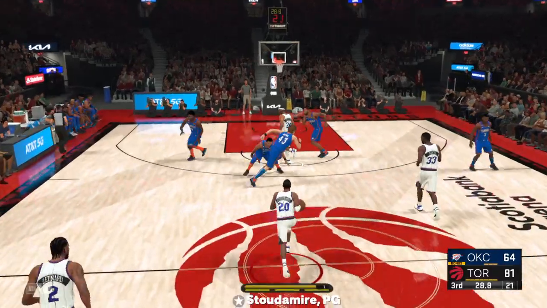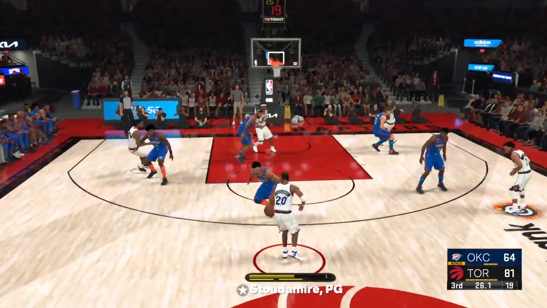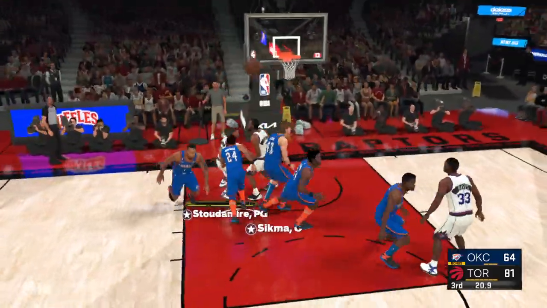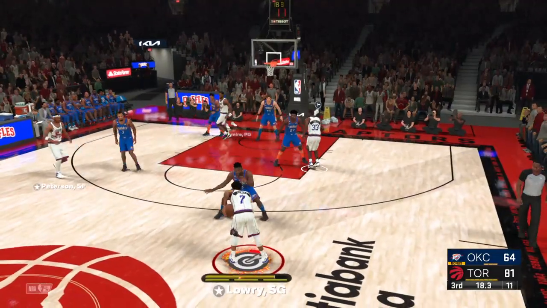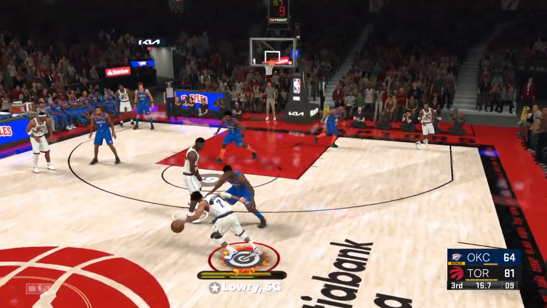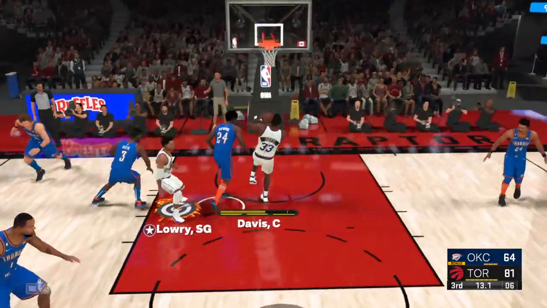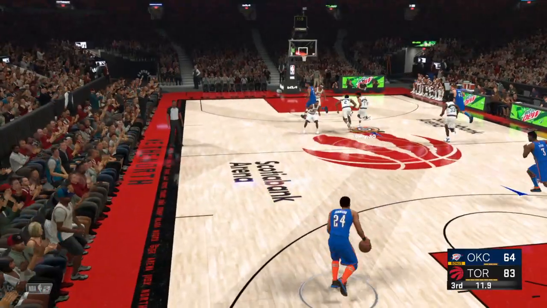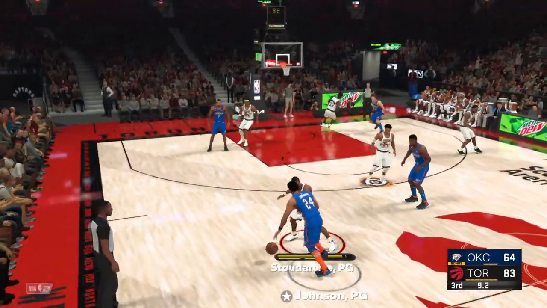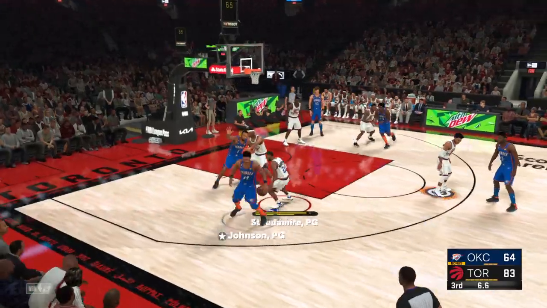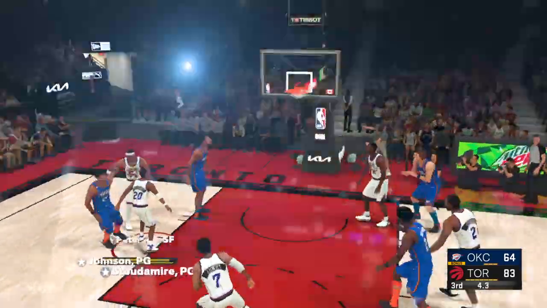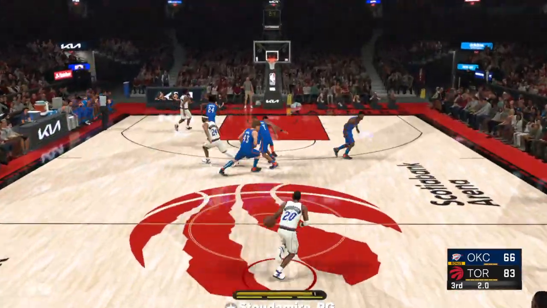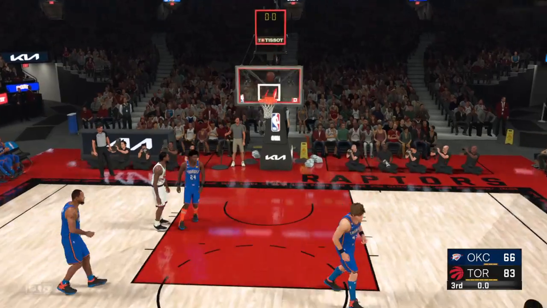Toronto leading by 17. 6 seconds separating the shot and game clocks. Here's Stoudemire. And they get it back. Ellis against Lowry to the inside. And it's slammed in by Davis. And really advanced as a playmaker. Lowry makes such strong reads off that pick and roll. Lowry with the helper. Here's Johnson, and again it's Oklahoma City. And he is just so tough to guard. He can fake you one way and then use that beautiful spin to just blow by you.